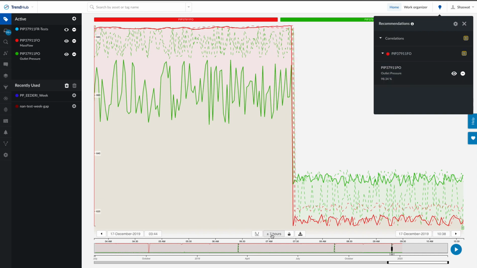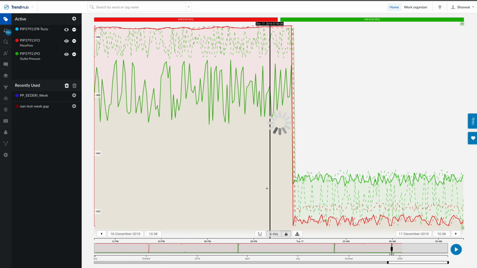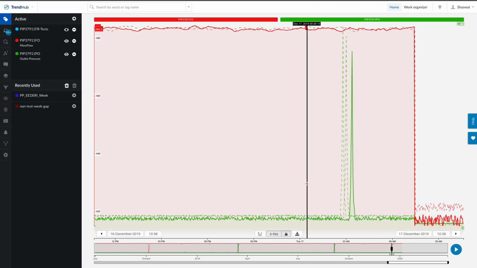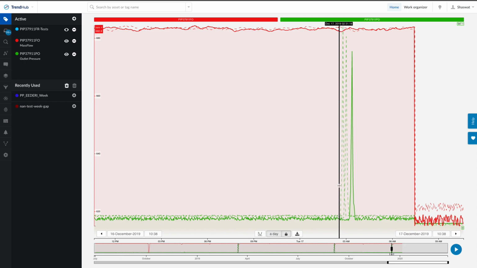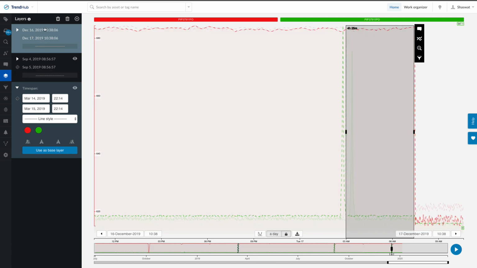But now let's look at just 1 day of time period and see what happened in the last day prior to the leak on the pressure side. So when I say 1 day, you can clearly see a huge spike on all three events, and that occurred a few hours prior to the leak. You can see around 4 hours 30 minutes prior to the leak, and it happened on all the layers, and we can certainly go and take a look at each